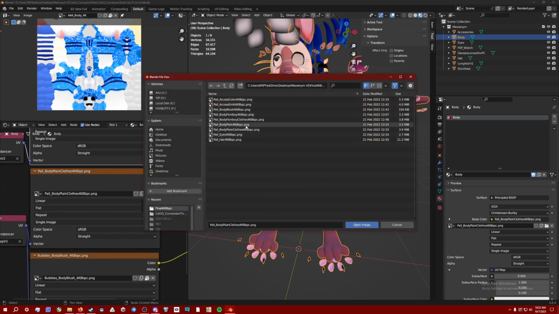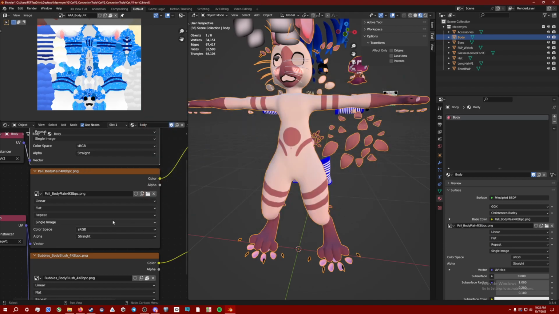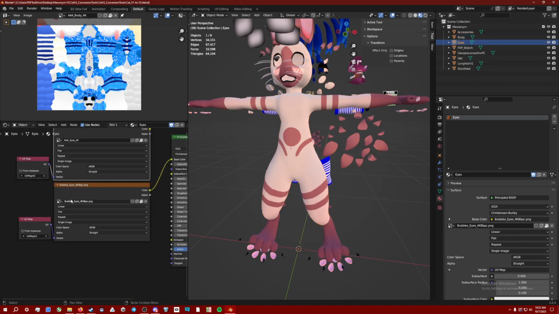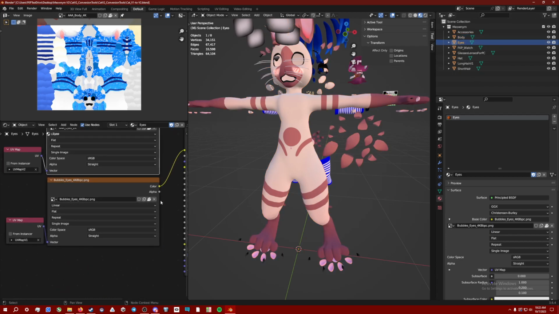But I'm just gonna do just a plain body. See it showing up fine. That's all good. I'm gonna go to eyes. There's only one texture for the eyes. It's used for both the emission and